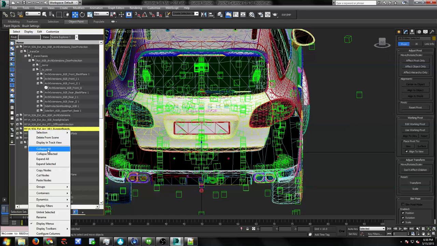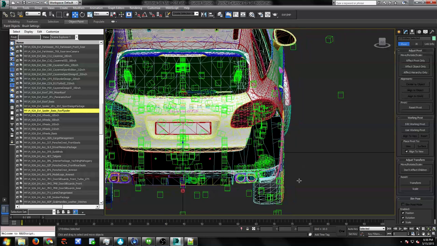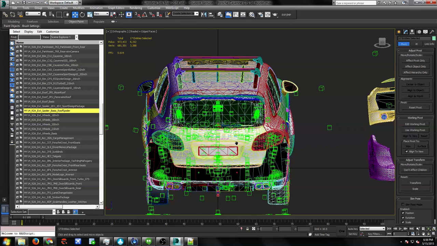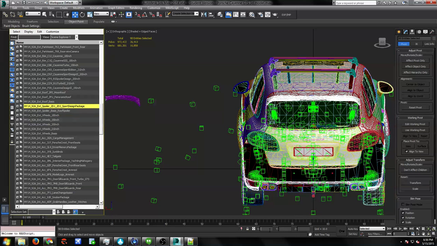Let's collapse everything and go: body ext spoiler basis roof spoiler, spoiler basis roof sports design package. So for the basis roof spoiler, we can also attach the bottom part. And to differentiate this, instead of -3, let's move it to 3. So this is the stock roof spoiler, and at -6, we will have,